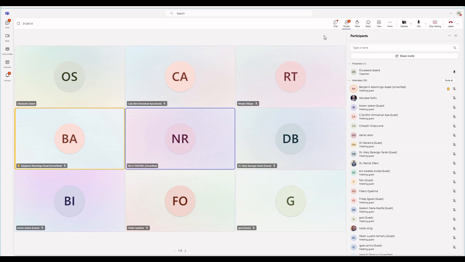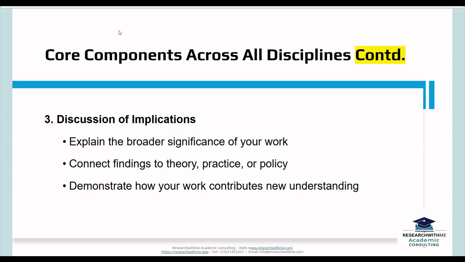So I don't want to box us into a corner whereby you would think this is the only way this is to be done. No. What I want us to do is to understand how this thing works, the dynamics of it. The dynamics is dictated by the journal. The dynamics is dictated by us. By the time you get to a journal, you find out that this journal does not have a specific way of doing this, then you are at liberty to use your discretion and write based on your writing style. And that is why you have the opportunity to also shine, because what you are writing is coming from understanding, because you are trying to marshal some points to the reader.